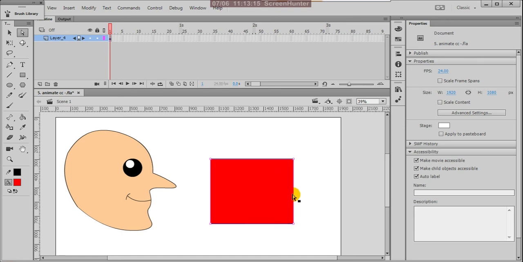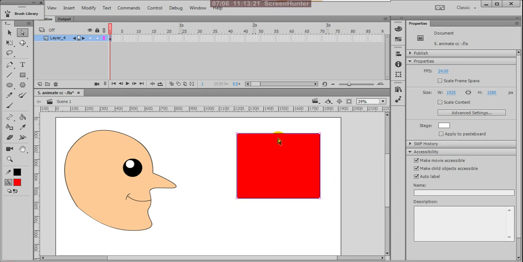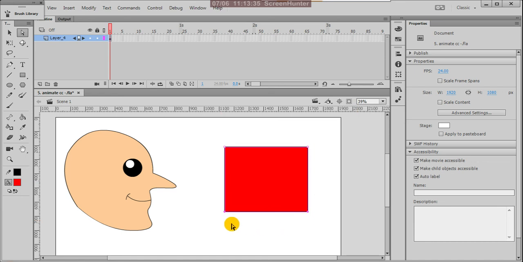When you click here, the blackness is showing the box, so the whole box you are moving. If you click only these two and drag down, only this portion can move.